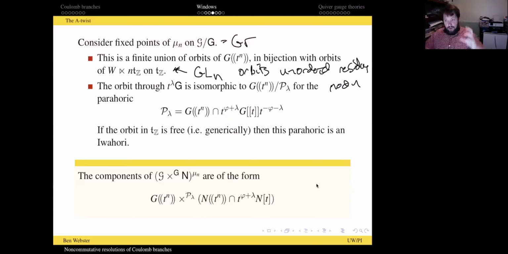So I take G of O, I conjugate it to account for the point where I'm acting, and then I intersect it with the scaled loop group. And that gives me, generically, an Iwahori. So in this example, if I take all residues different,